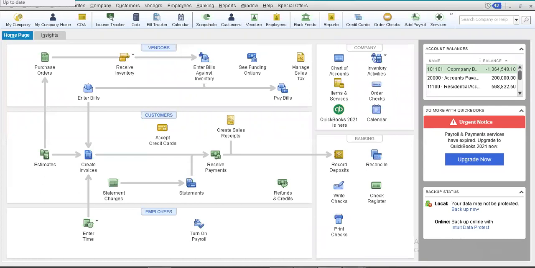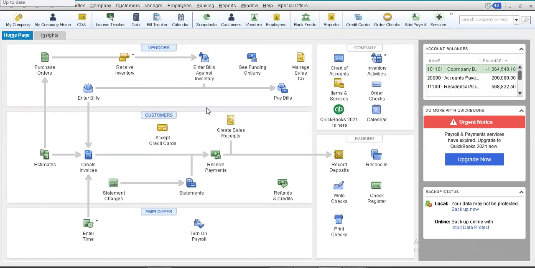My dear friends, when you create a purchase order, the next step is that you receive inventory from your vendor against the purchase order that you have actually given him. All right. So in order to receive this piece of inventory, there will be some bill or invoice that is generated to you by your supplier or your vendor. All right. So my dear friends, basically, QuickBooks uses the name of bill in order to denote the invoice that our suppliers charge us, in order to differentiate it from the invoice that we charge our customers.